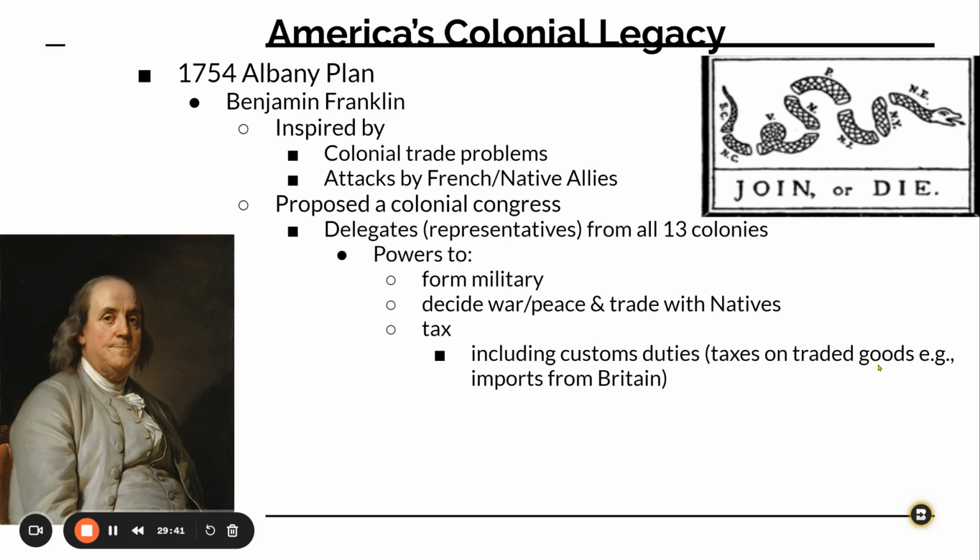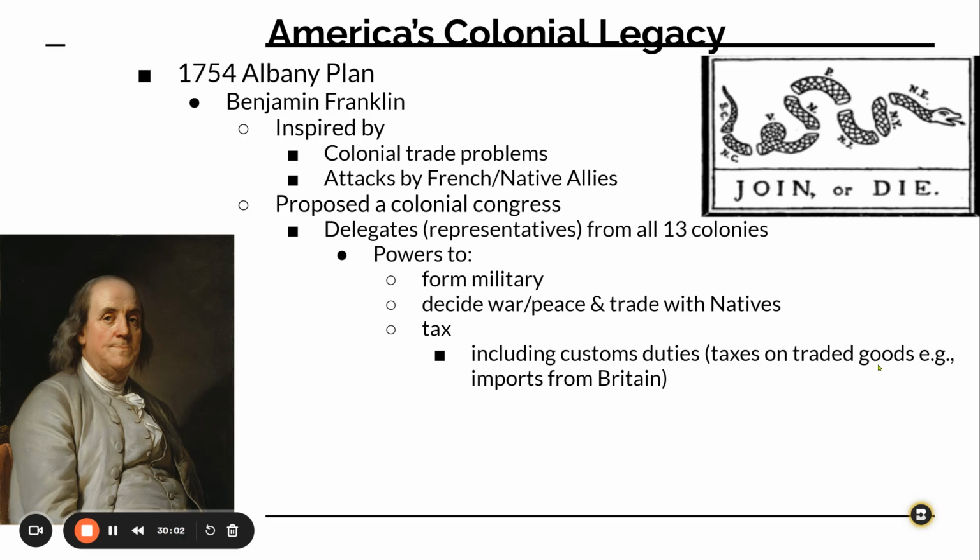And Franklin even proposed that this power to tax extended to customs duties, which does not excite anyone until you know what that means. And then it probably, to be honest, is not going to excite a lot of you anyway. What this means is that the colonial governments would be able to tax goods, including goods that were imported